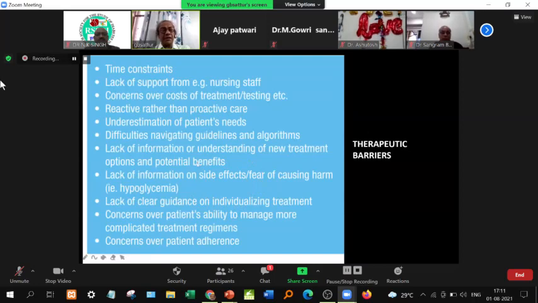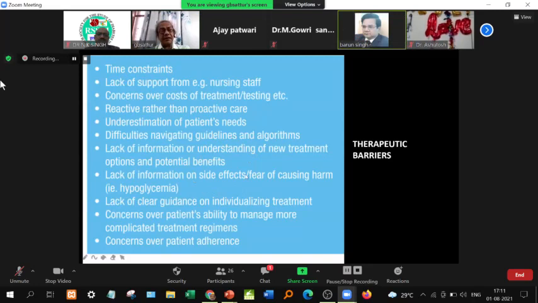One has to really update oneself on the side effects, because as we know, there is the fracture of the bones, including certain malignancies, like it was blamed on glitazones, although they are one of the best molecules. CA bladder: unfortunately in India, somebody created a noise saying it causes CA bladder, but ultimately it was not proven. Pioglitazone has come back with a vengeance, and glitazones are one of my favorite molecules. We'll discuss that in the discussion.